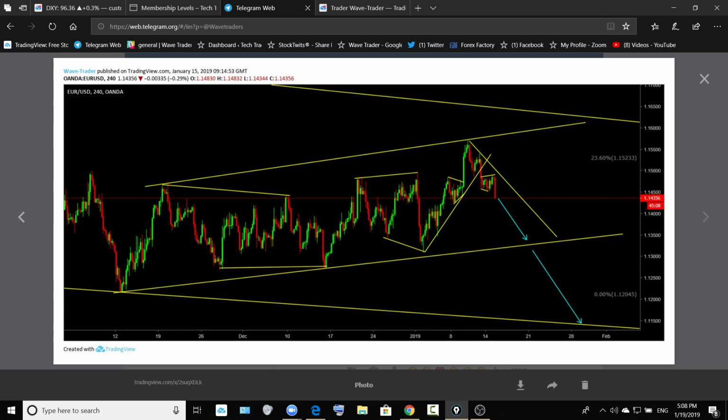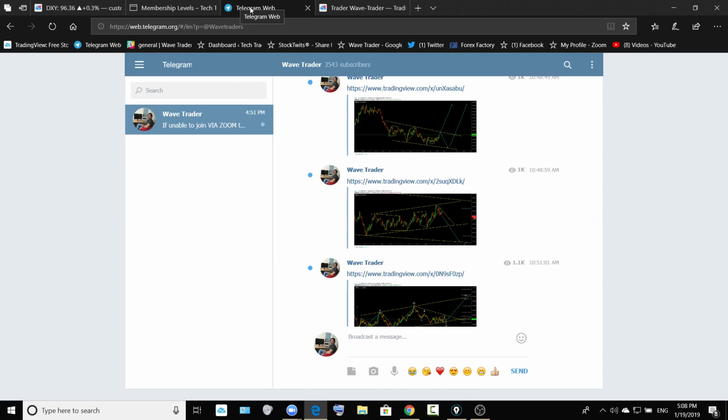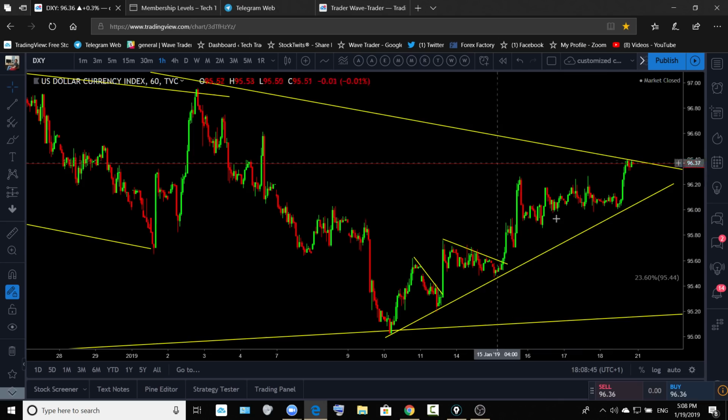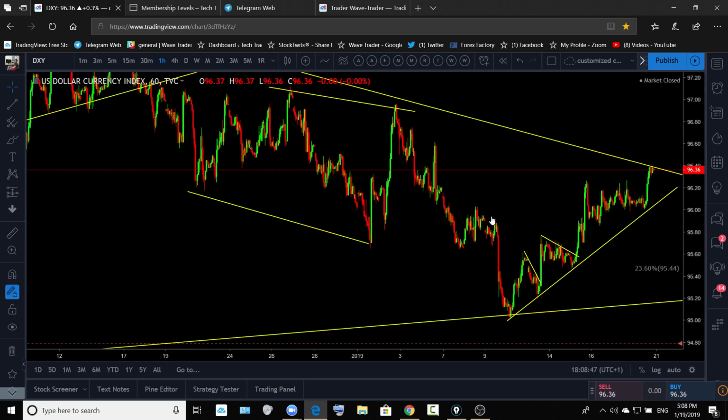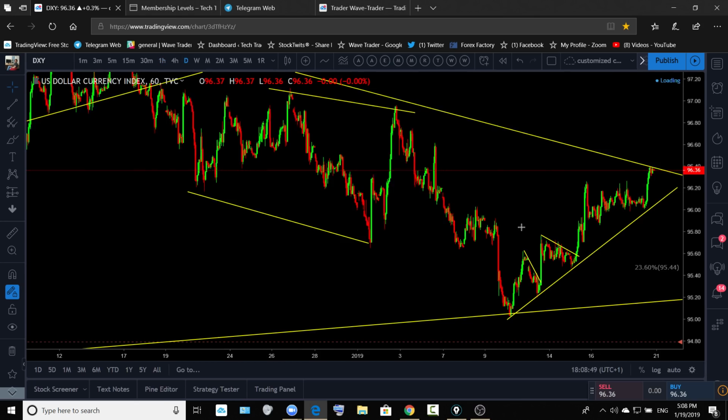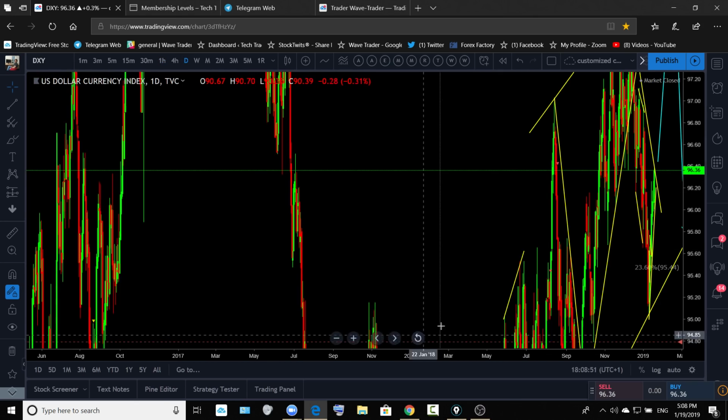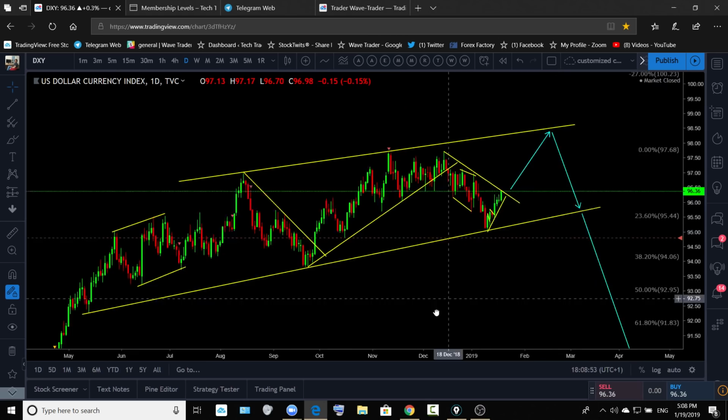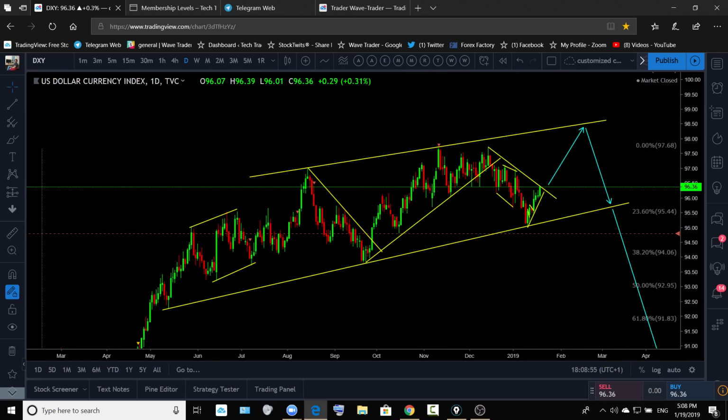For this week, what you're going to look for on the euro dollar is this trade continuing to go back up within that channel. And on the dollar index, the same move. You guys know that it is pushing up for one more up move. Just showing you that pattern formation and price was there, so it can push up for that one more up move.